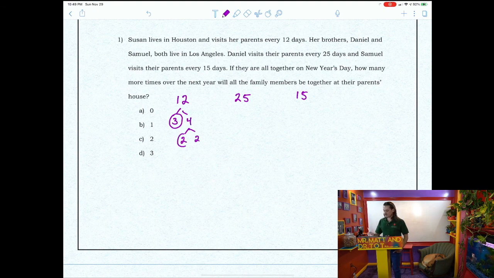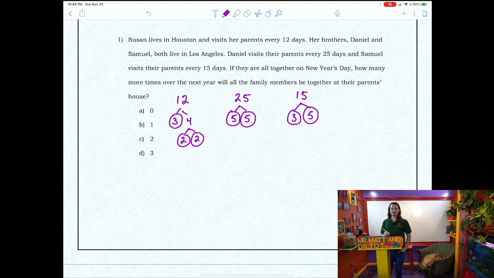25 breaks down into 5 times 5. 5 is prime. 15 breaks into 3 times 5. Both 3 and 5 are prime. So to calculate the LCM, I'm going to take each factor the most number of times it occurs in any